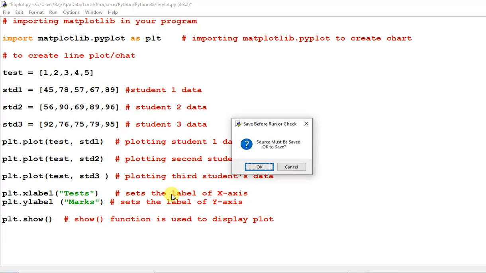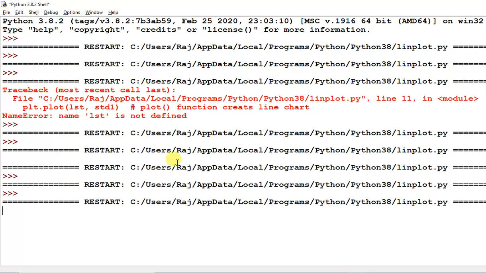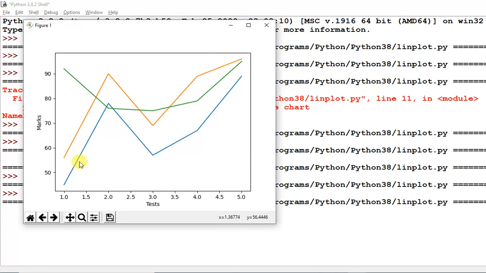Now you can run this program and you can observe the changes in your plot. Look at here, the x label is test and the y label is marks. So in this way you can set the x label and y label.